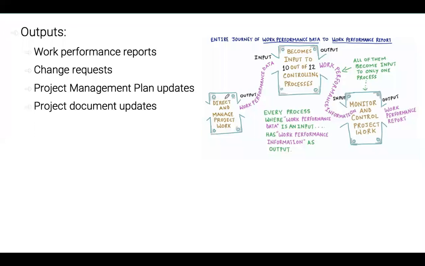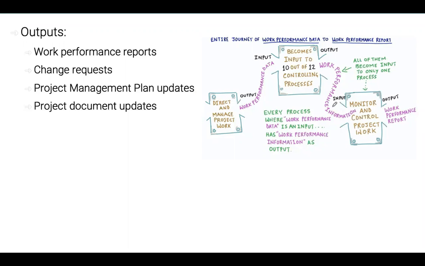The data out of the direct and managed project work is then input into 10 of 12 controlling processes. So there's into quite a few processes, and out of those processes we produce work performance information, and that work performance information is an input into monitoring and controlling. So data goes into controlling, and from controlling, the information goes into monitoring and controlling project work, which is nice because now we can actually see what we're doing. How are we getting on